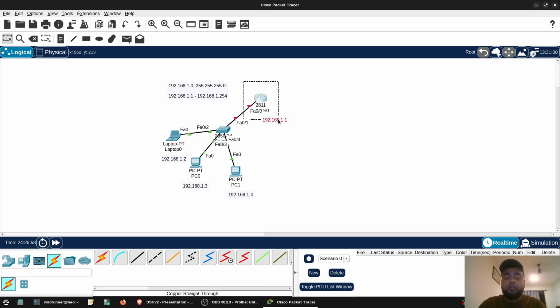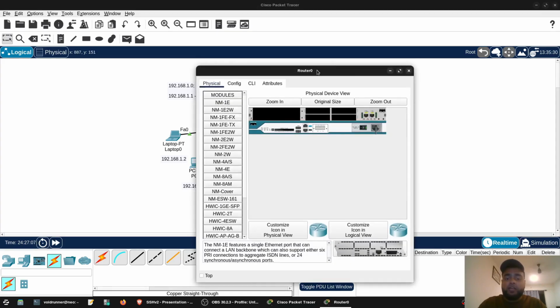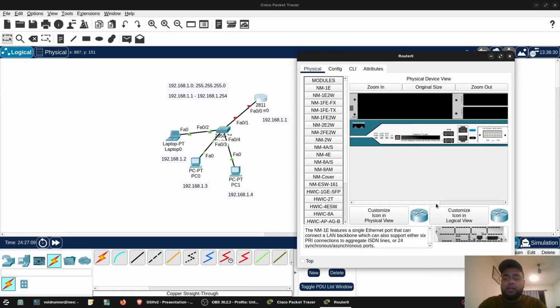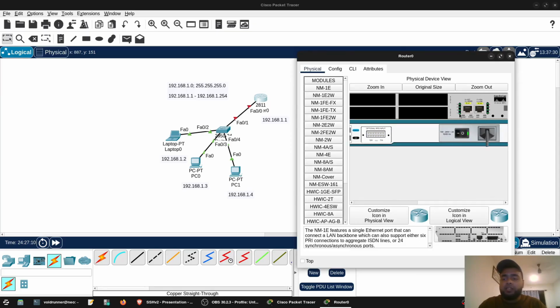Okay, so I'm going to configure this IP on this interface or this port of this router, which is FA0/0. It stands for Fast Ethernet 0/0. This router has two ports. Okay, you can see here it has two ports. One is Fast Ethernet 0/0 and one is Fast Ethernet 0/1, right? I'm going to use this F0/0 in order to configure the IP address, because that's the one which is connected